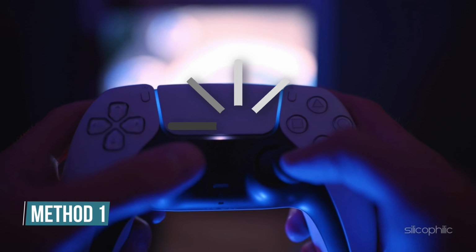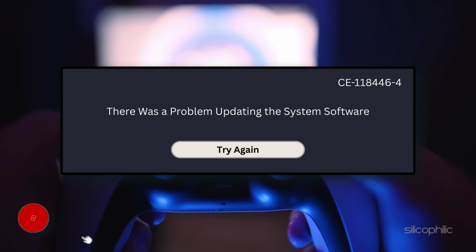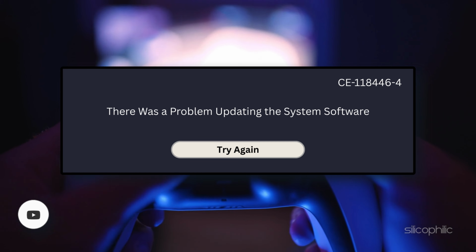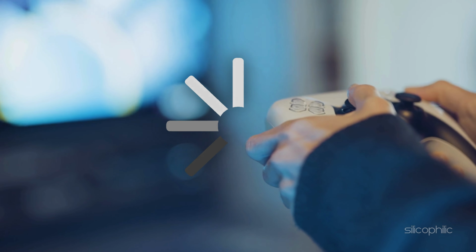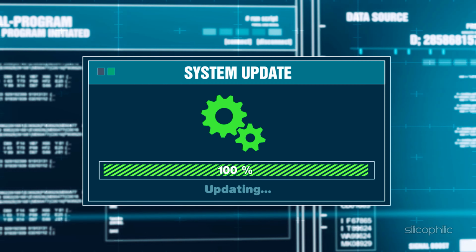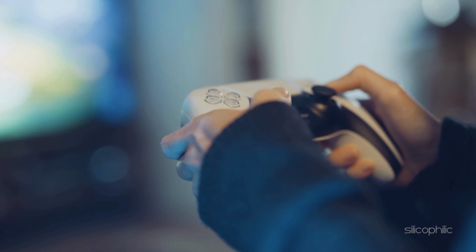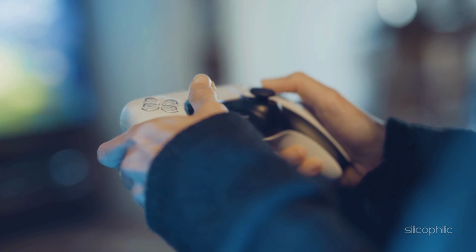Method 1. Restart the console. This error may appear when there is a problem updating various applications related to the PlayStation 5 system software. When you get such an error, restart the PS5 console. Then try updating again. To restart the PS5 console, press the PlayStation button on your controller to open the Control